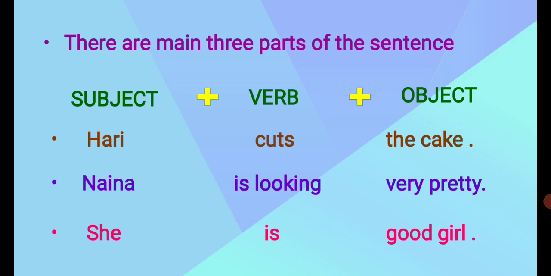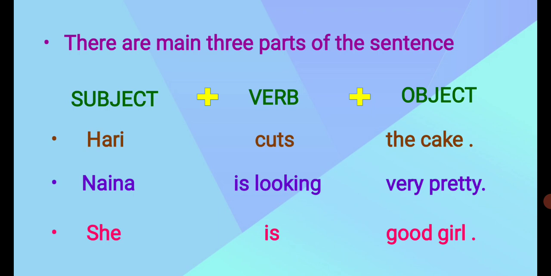So "she" is the active part, that's why it is the subject of the sentence. "Is" represents the main verb, it replaces the main verb, that's why it is the verb of the sentence, and the rest of the sentence will be the object part of the sentence. Just remember one thing: without a verb, sentence formation cannot be possible. If there is only one word in the sentence, it has to be a verb. So just revise this rule properly.